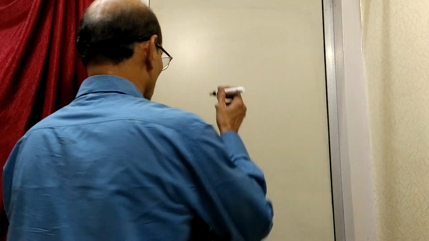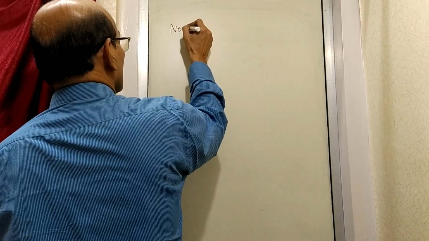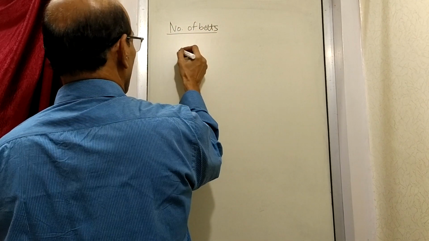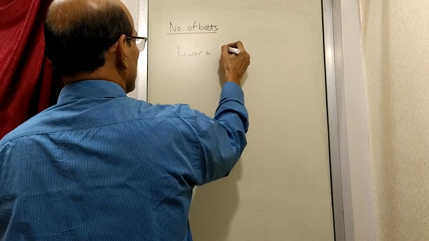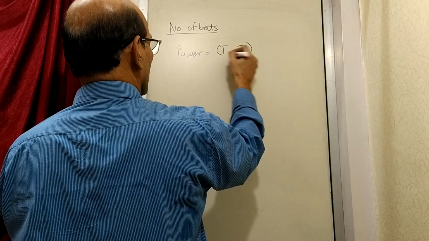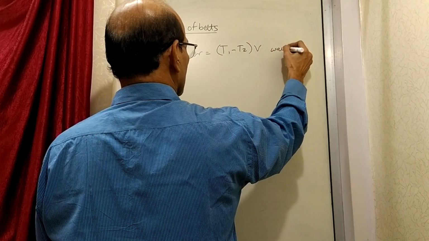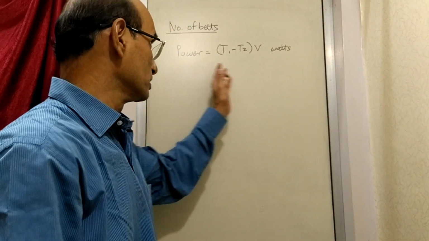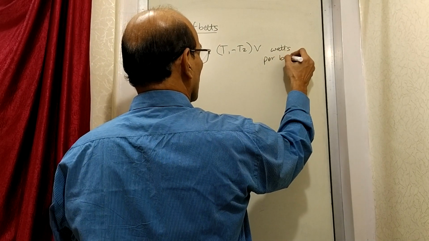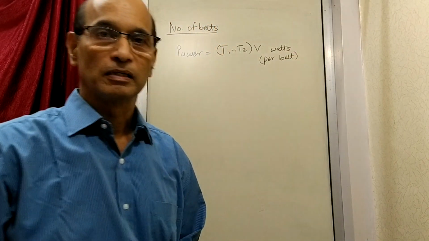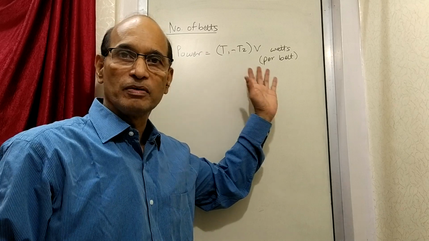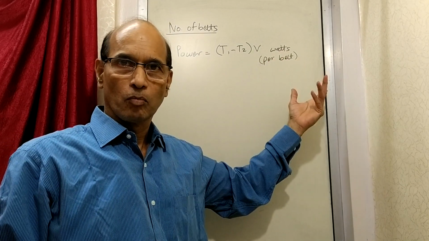We have seen just now the formula for power. I'll write here number of belts. We have earlier seen a formula for power which is difference in tensions multiplied by V in watts. So whatever power you find out by this equation, that is the power in watts that is transmitted per belt. Power transmitted per single belt. That means in a given situation, suppose the power transmitted is more than this, that means one belt will never be sufficient. You require more number of belts.